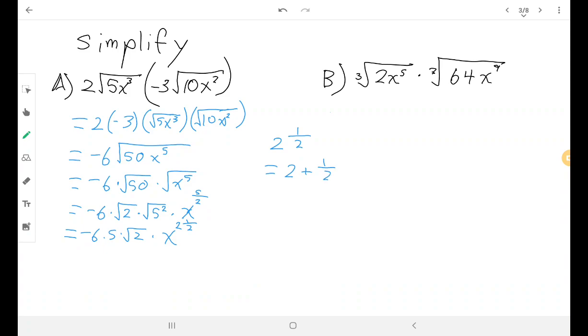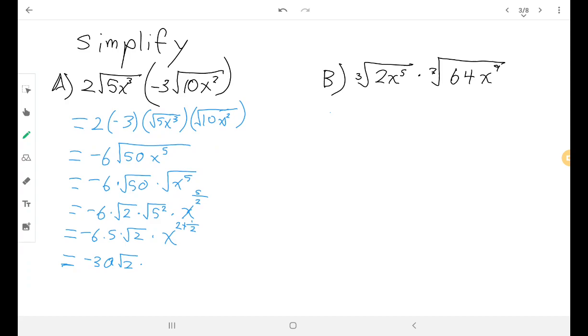So if I think of it as 2 plus 1/2 instead, here's what I can do with that. -6 times 5 is -30. So I'm taking care of this first, right? Times the square root of 2